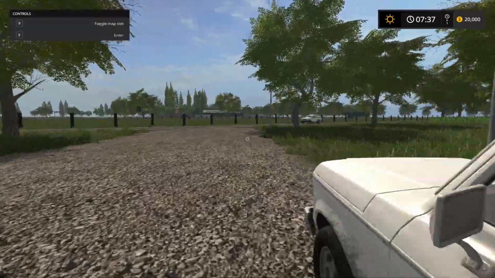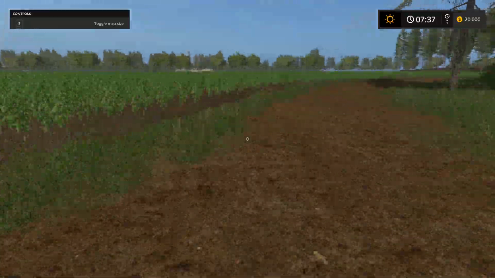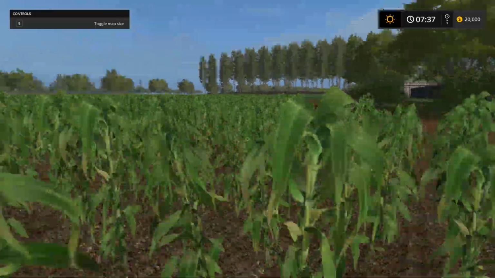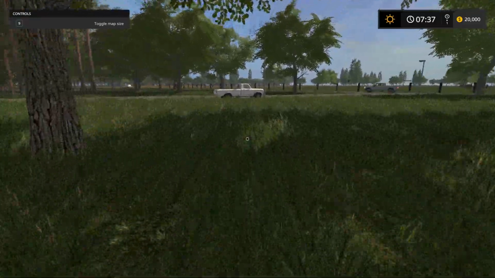Let's just go over and take a look. I'll jump out of a moving car. There's no problem with that. We're trained. Here we go. I'll jump around like a madman. And there you can see right down the back there, that's your second field that you own. So it's definitely enough crops for a start to get some income flowing